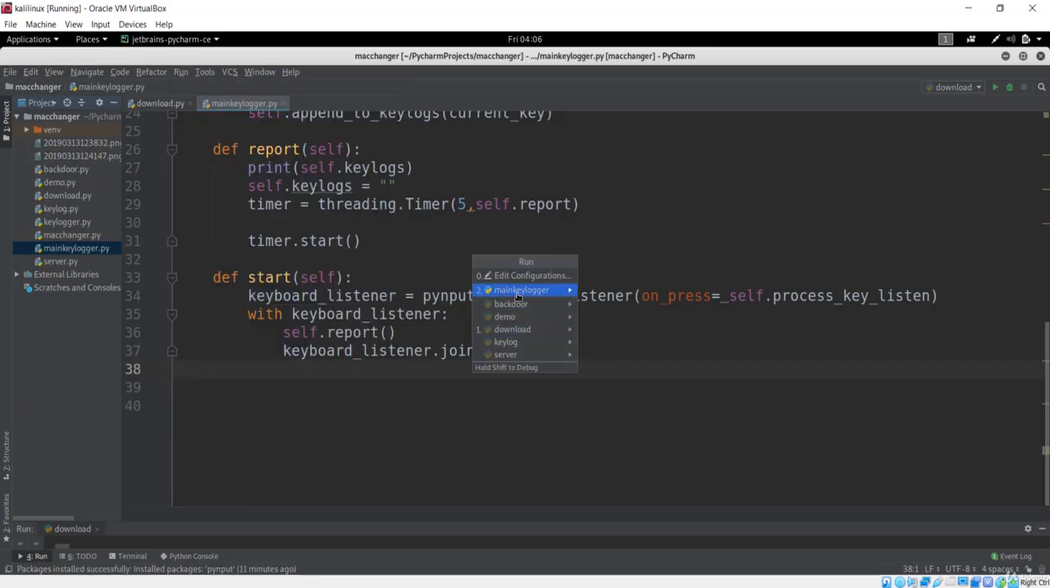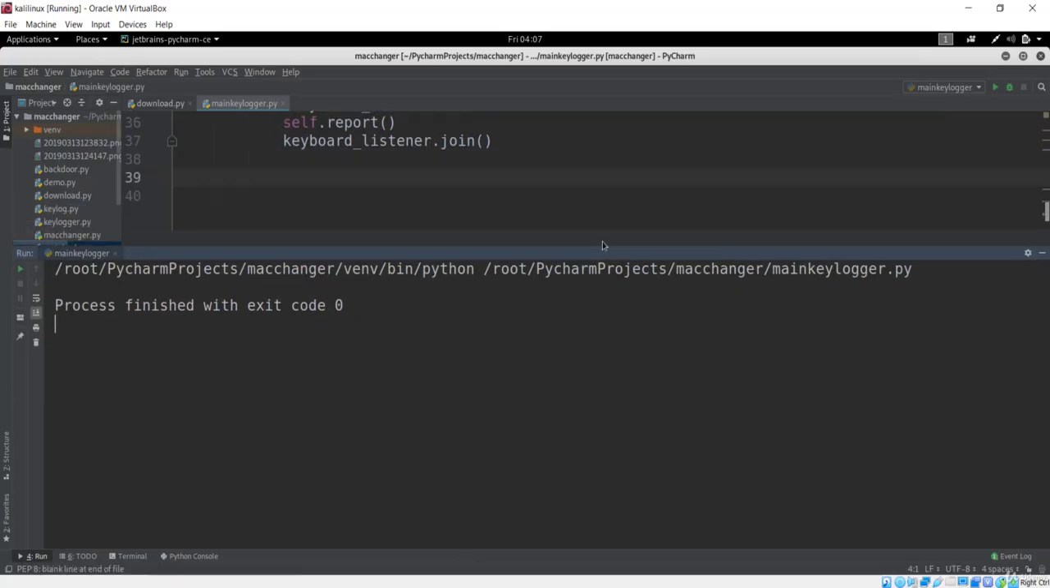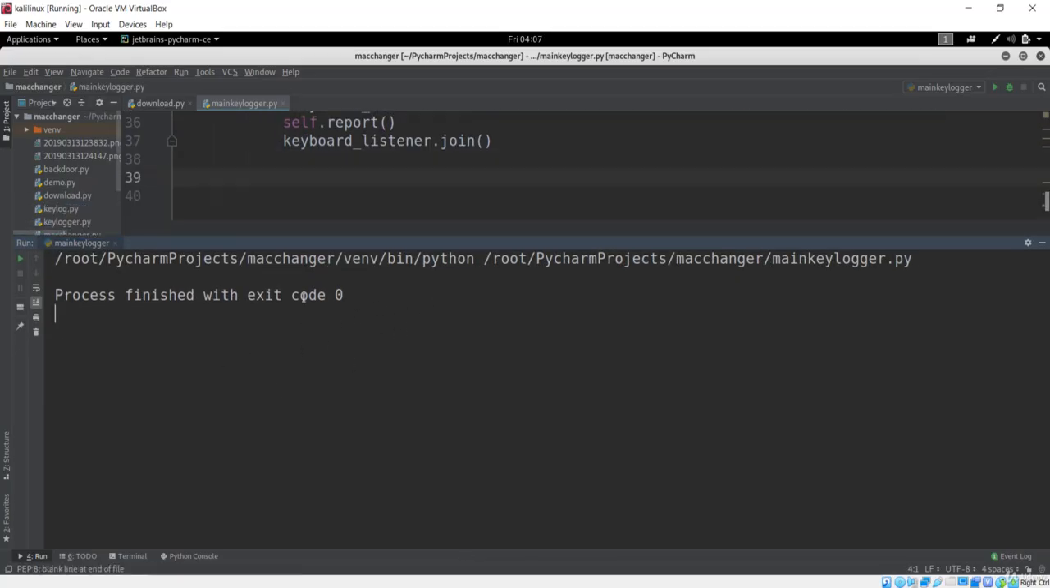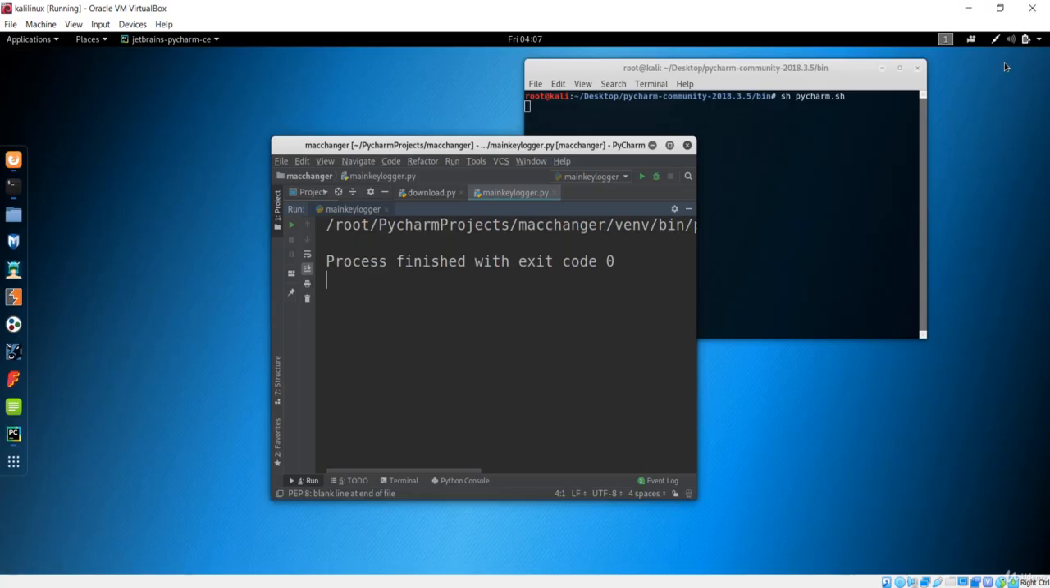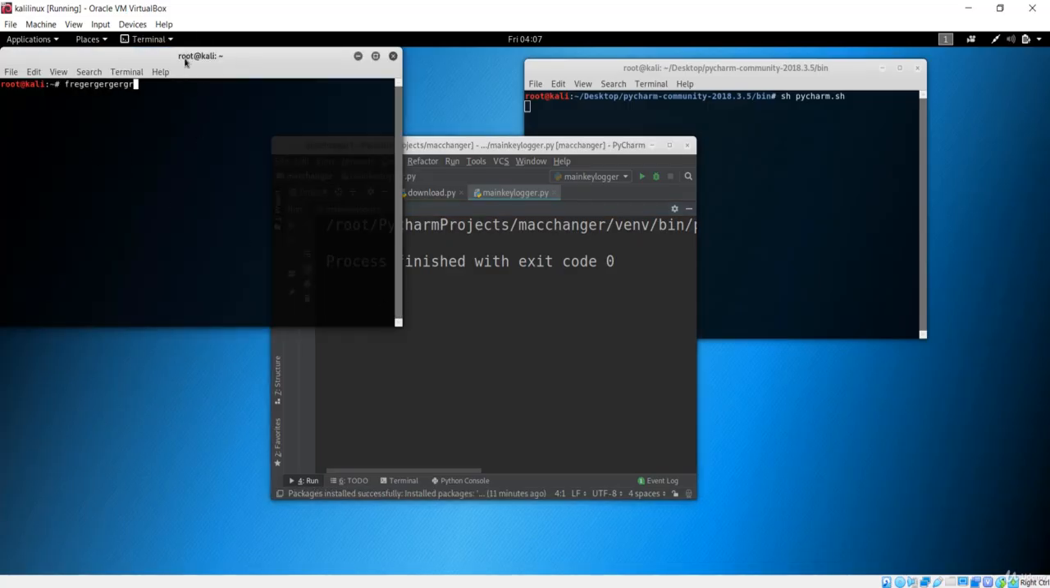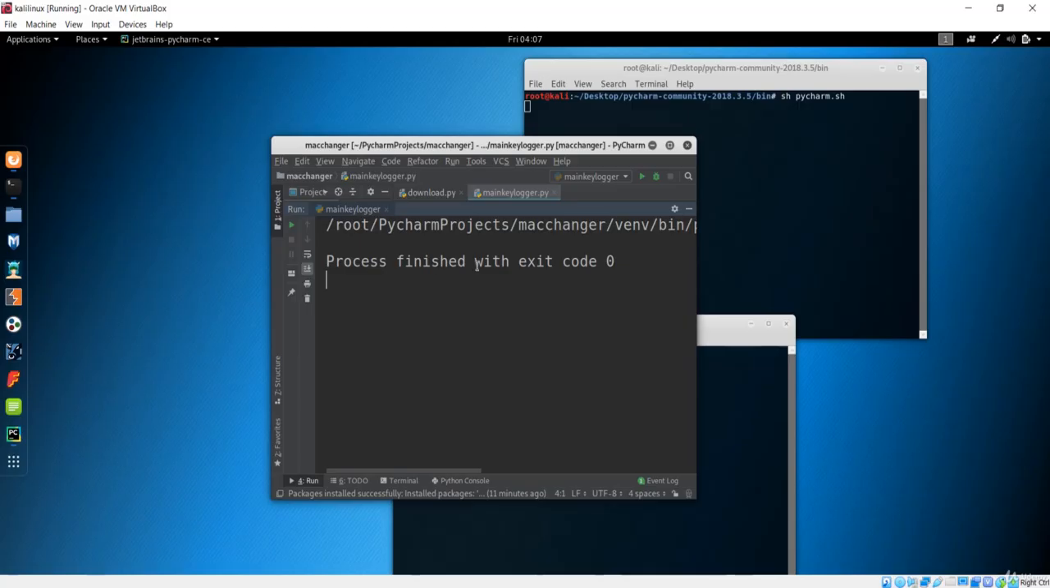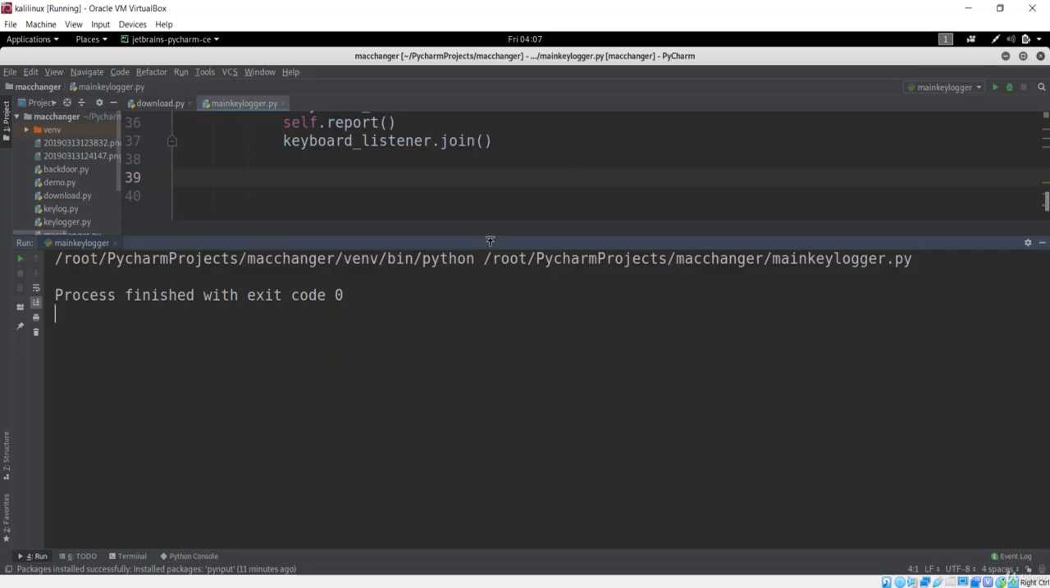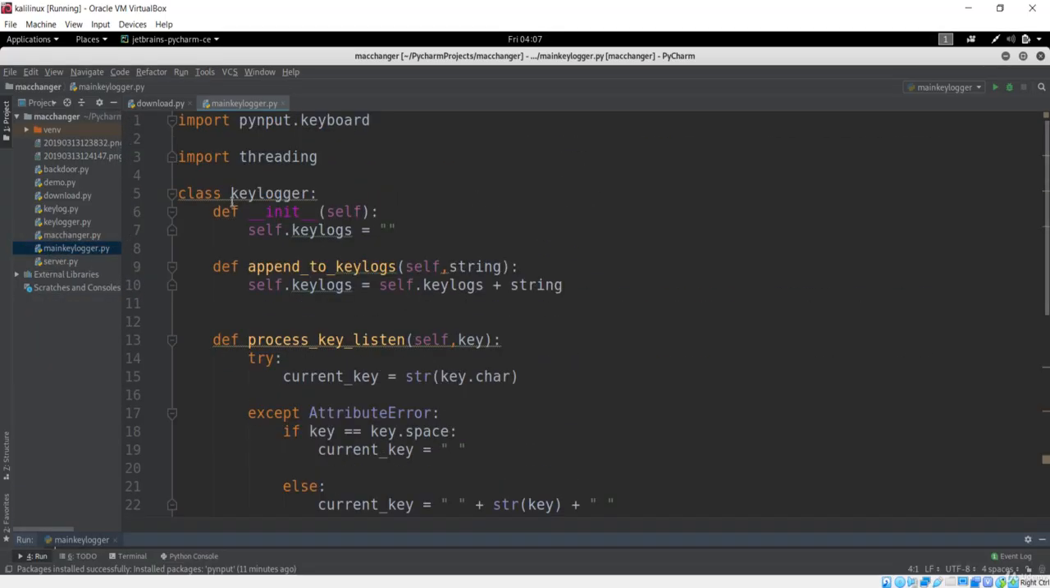So if I just say main keylogger and go over here, it is not going to print anything for us. Even if I type anything on my keyboard, so let me open the terminal and press some letter, it is not going to show us anything in this output console. Because if you remember from the object oriented section, one part is to create a class